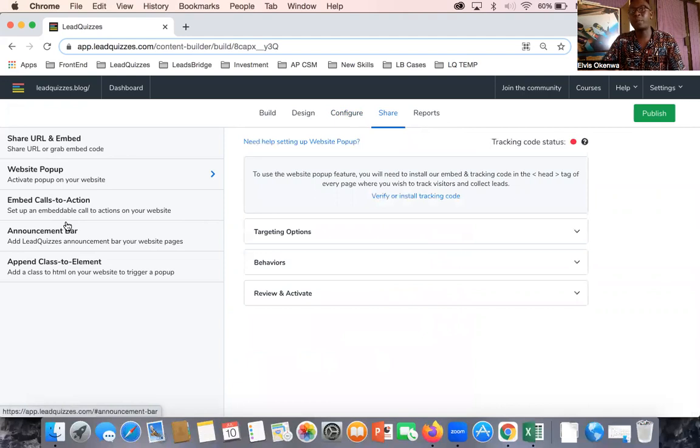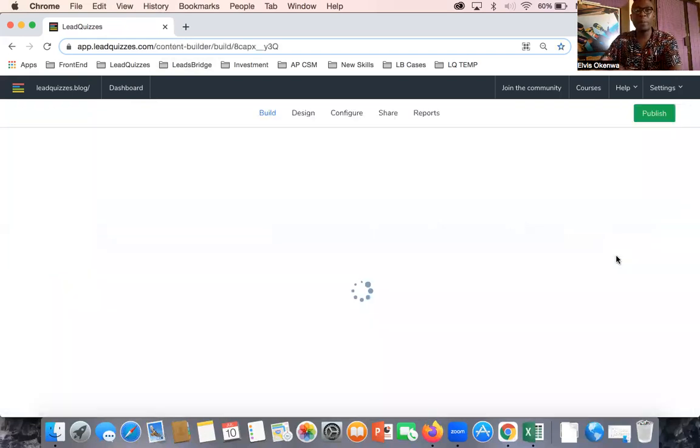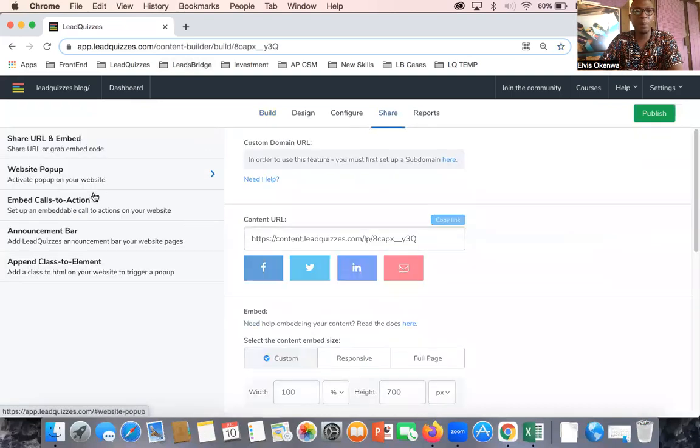Now we have the website pop-up. Now let's say you want to enable your quiz as a website pop-up on your website on different pages. Now remember I said the first step is you have to ensure the embedded tracking code is properly installed on those pages. So remember I told you how to do this, right? So once this is done properly, you can go ahead to enable a website pop-up. Now to do this is straightforward. You go to the website pop-up,